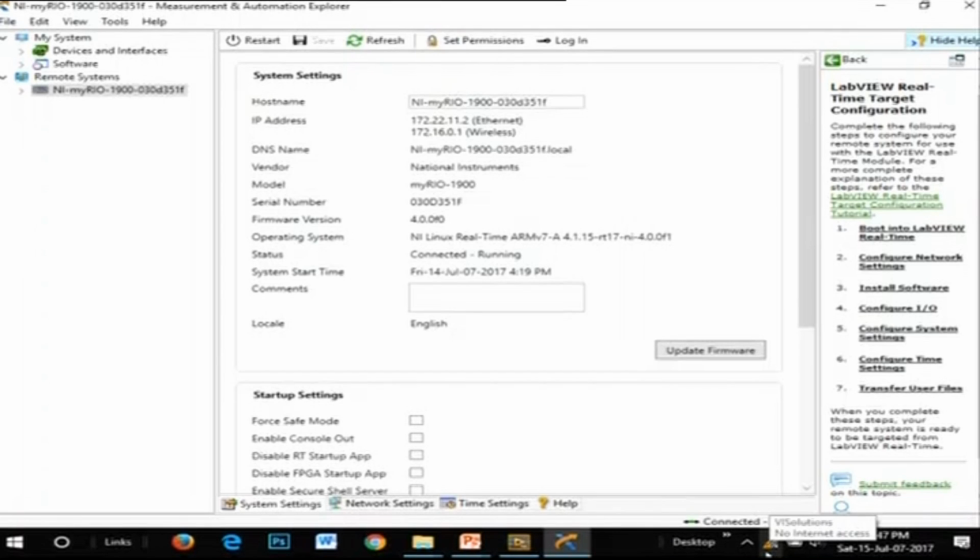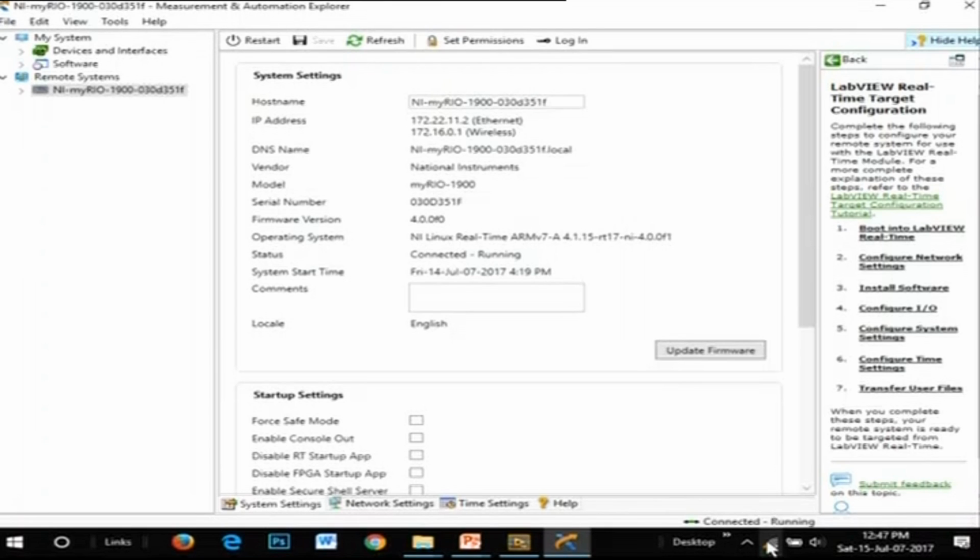And one more thing, the problem is, what is the IP address of your host? When I say host, what is that? Your gateway. What is the IP address of your gateway? 172.16.0.1.